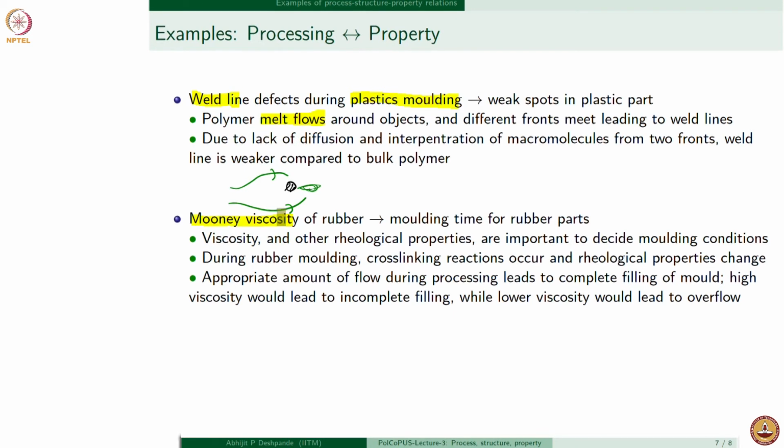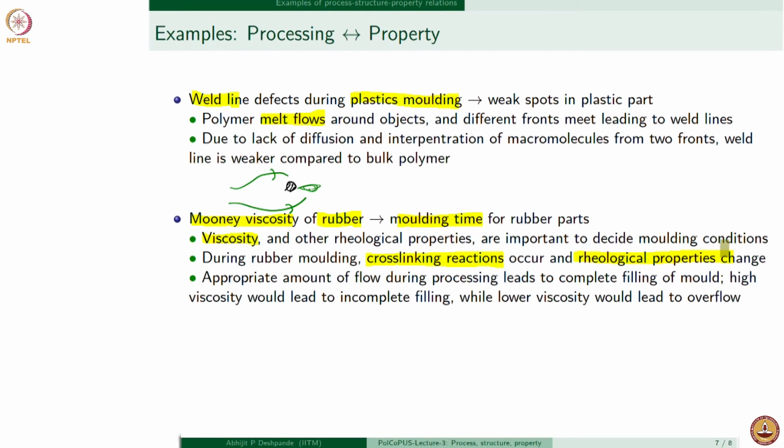important in terms of finding out how we will process it. For example, how much time will the molding operation take? Because the starting viscosity will determine how the material is flowing and being shaped inside a mold. And more importantly, in case of rubber, as the molding is going on, cross-linking happens and viscosity changes as a function of time. So cross-linking reactions happen and rheological properties, which are nothing but flow behavior properties of rubber, keep